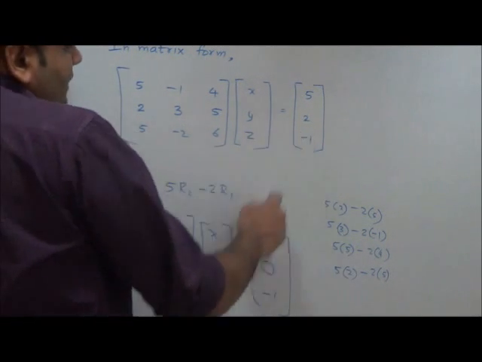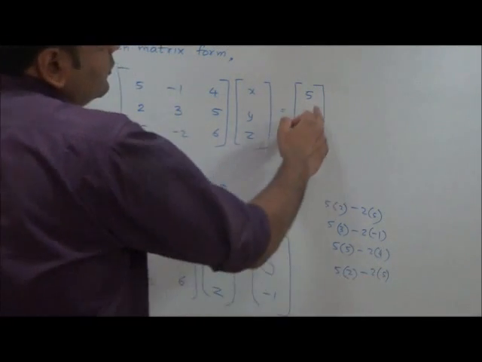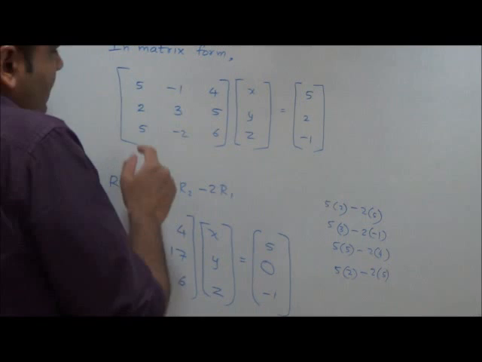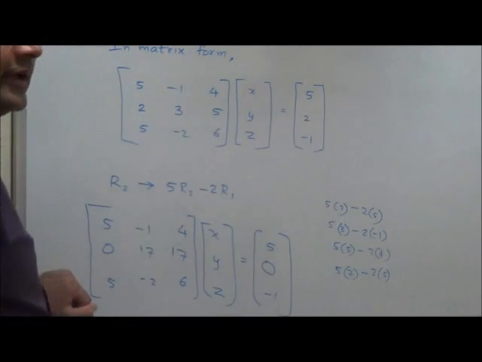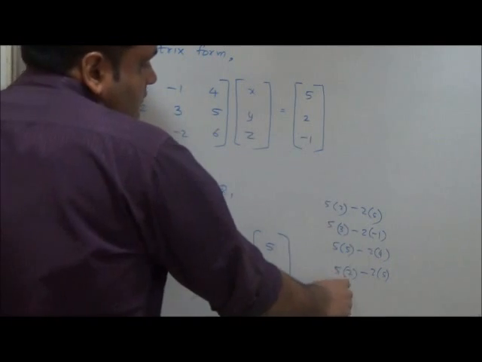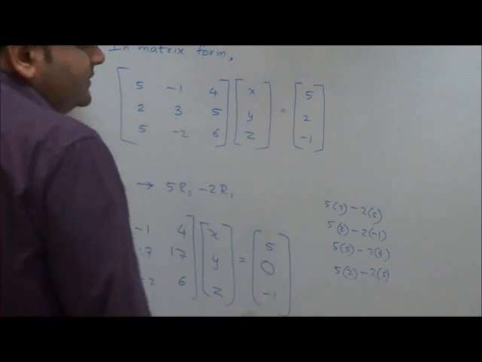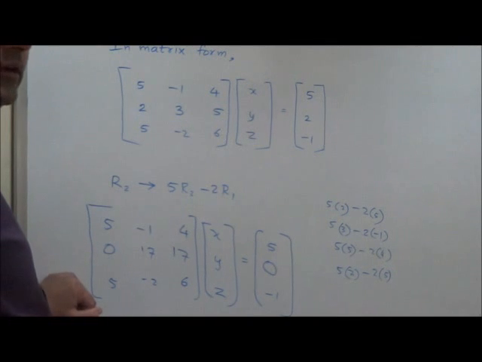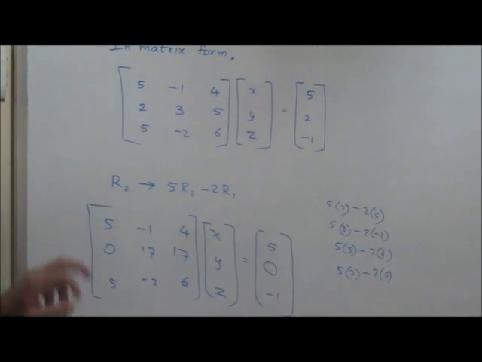Next, 5 into 2, 5 into R2 minus 2 into the corresponding R1. You understand me? R2, R1, R2, R1, R2, R1, R2, R1. These pairs you take. 5 into 2, minus 2 into 5. 10 minus 10, 0. Are you with me? Next, I want a 0 out here. We are looking at 5. We are looking at 5. Easy option will be R3 becomes R3 minus R1. Correct?